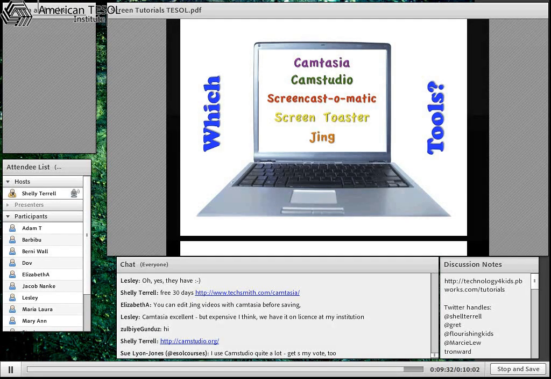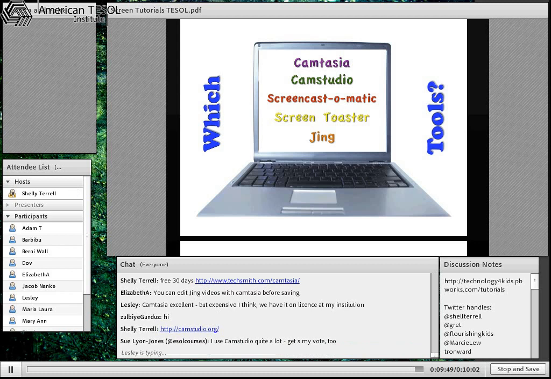If you do register, you get a lot more different options. And registering is for free, so there's no reason why not to register. But if you don't want to, then you don't have to. Then the next one is Screen Toasters. Screencast-O-Matic gives you 15 minutes. The reason I put Jing as last and Screen Toaster